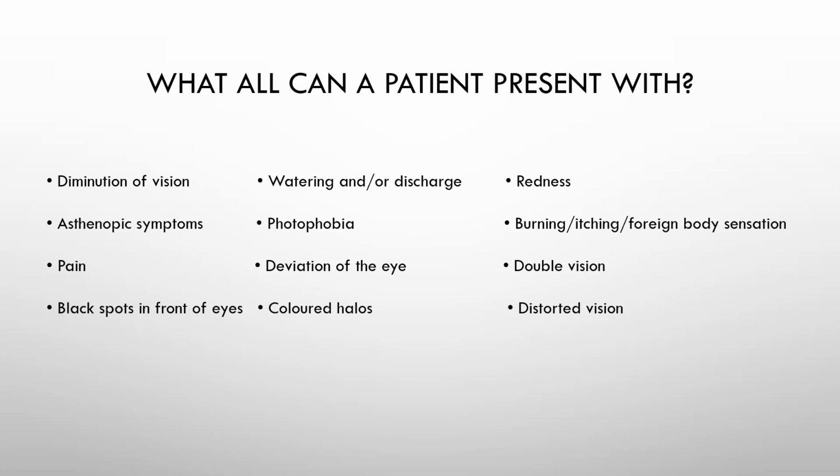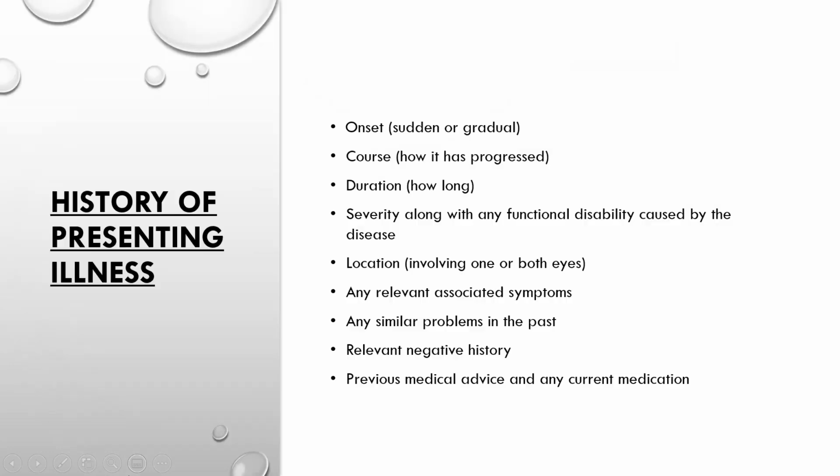Then they can also present to you with colored halos. Okay, so that tells you, okay, either there is some sort of corneal edema, or there is mucopurulent conjunctivitis, or sometimes you will have to be able to differentiate between these two. But it gives you a clue as to what it probably is, and you have to ask the next questions accordingly. Then they can also come to you with distorted vision. Now, again, distorted vision could be either because of the cornea having some irregularity, like irregular astigmatism or keratoconus, or it could be because of a macular pathology, right? So these are the list of common presenting complaints that the patients who come to our clinics usually have.